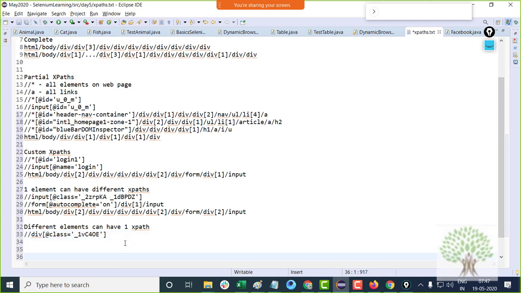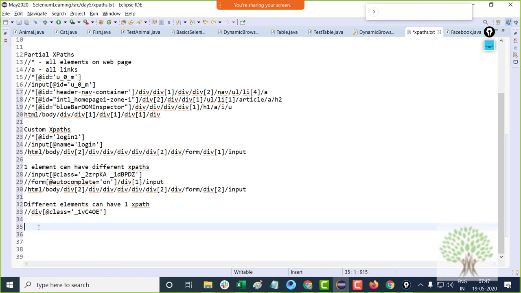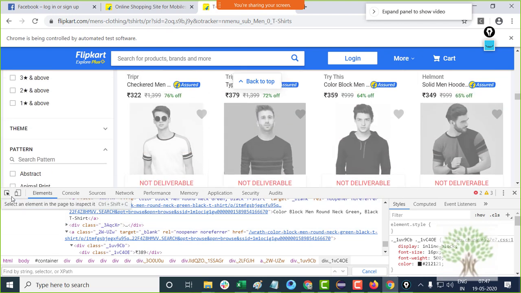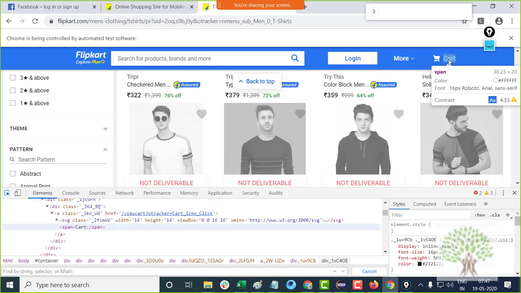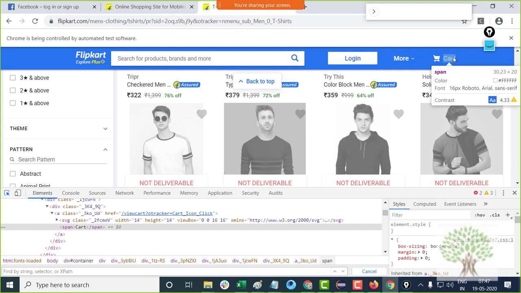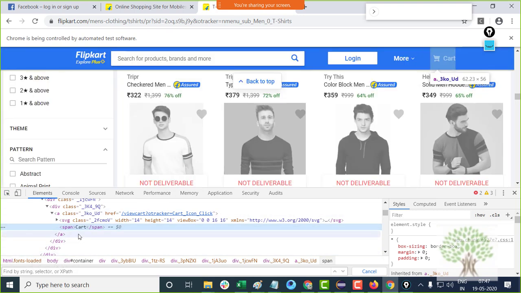At times what happens is that you can build the XPaths based on text. For example, you have to click on this cart link. You see the cart over here, right? You have to click on this. This is a span tag.